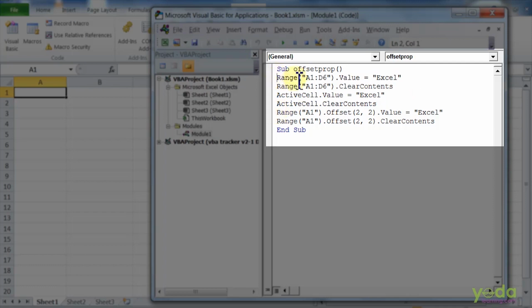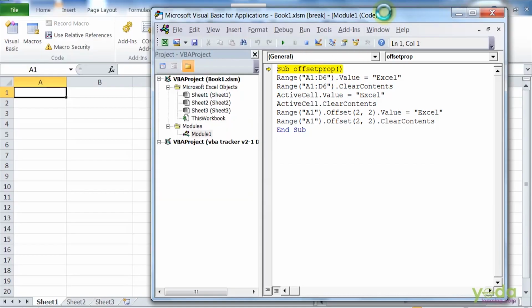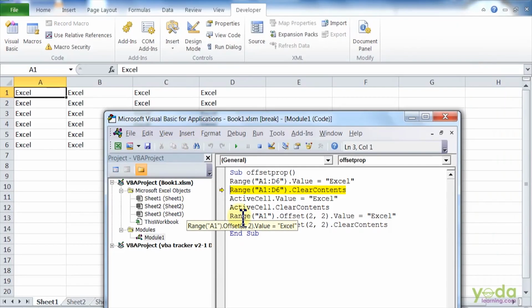Say for example, the first code, that is Range A1 to D6 dot Value is equal to XL. Now what will this code do? So when I press F8, it will fill all the cell ranges from A1 to D6 with the content XL.